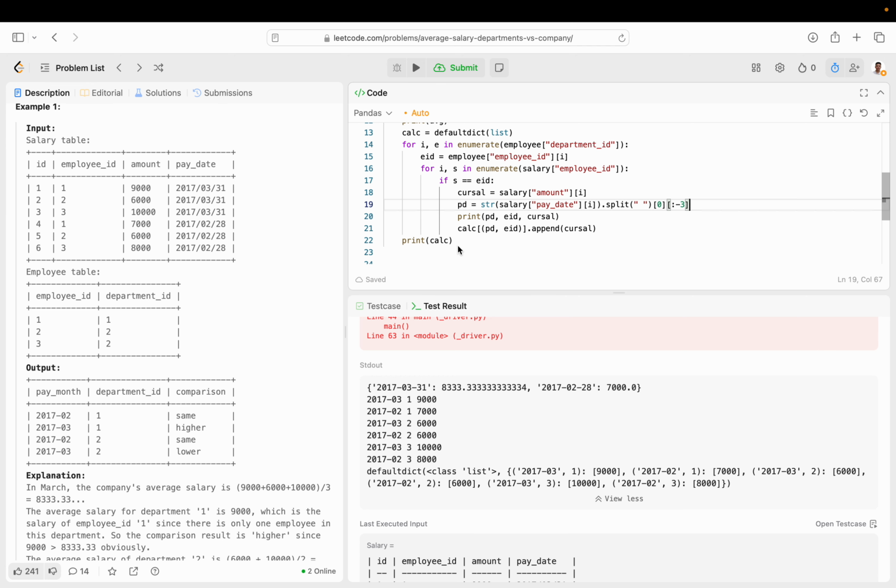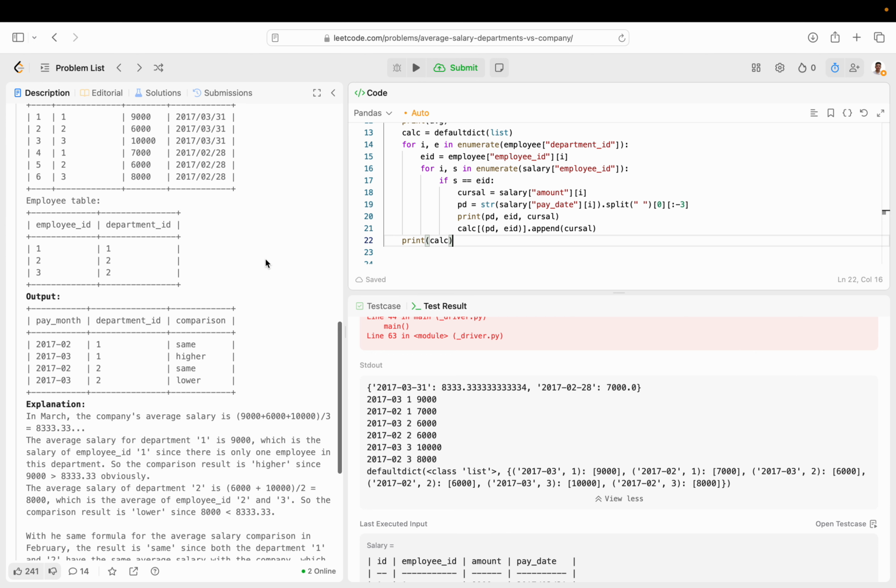Guess we have to filter by the department ID. So if it's equal to, well, let's, I think I got this a little messed up. Department ID. This is fine. We got this part, but the average salary of Department 1 versus the average salary of Department